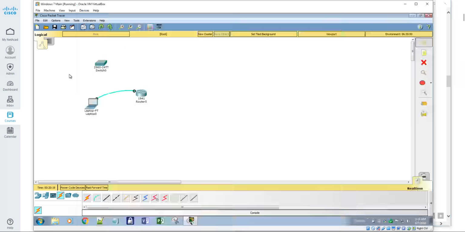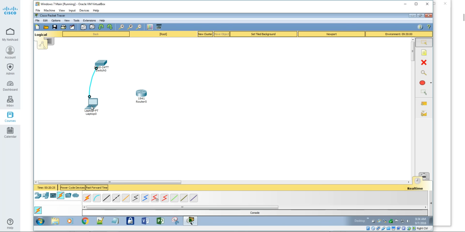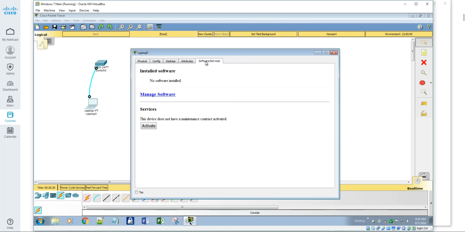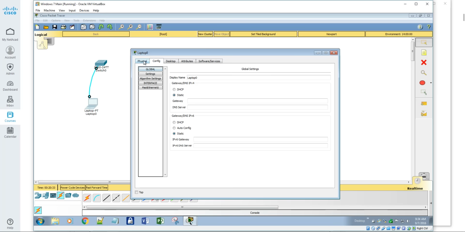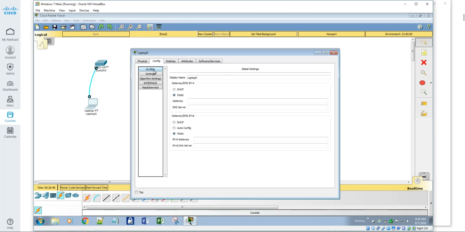No, it wanted us to go into the switch. So let me take that console and take it here and put it into the switch. And now what we're going to do is come in here to our laptop, and we're going to come in here to our software, or our config, excuse me. Check everything out. Our settings here, we're going to leave everything the same.